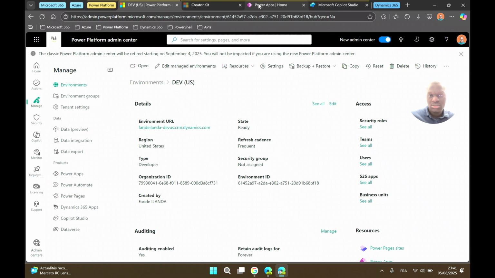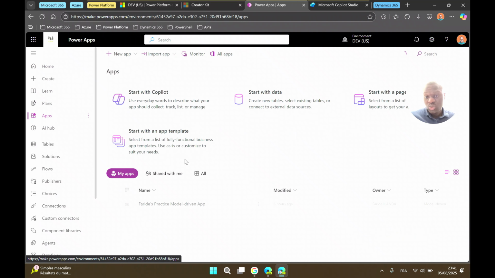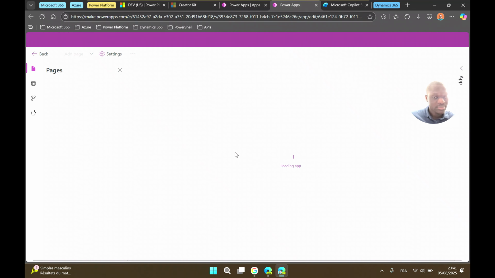After that, you can go to the Power Apps homepage and try to edit your app. I've already prepared my app, so let's try to edit this.